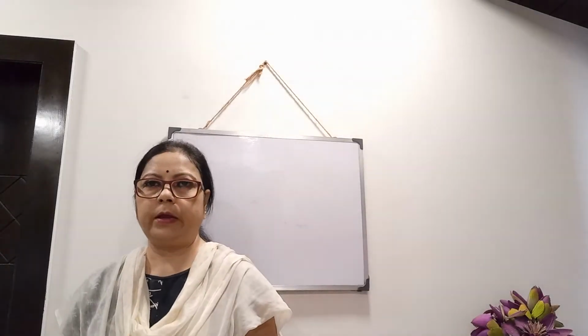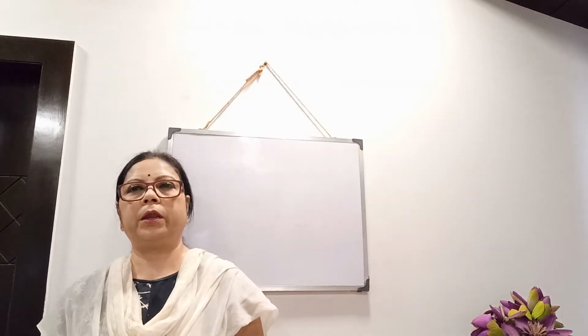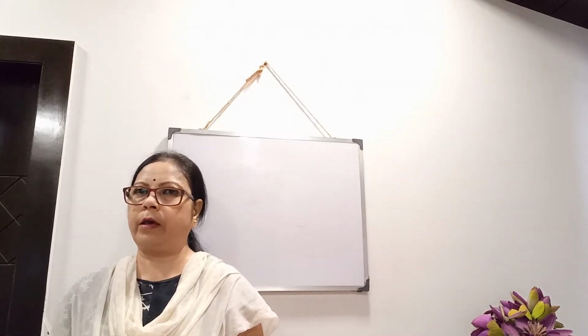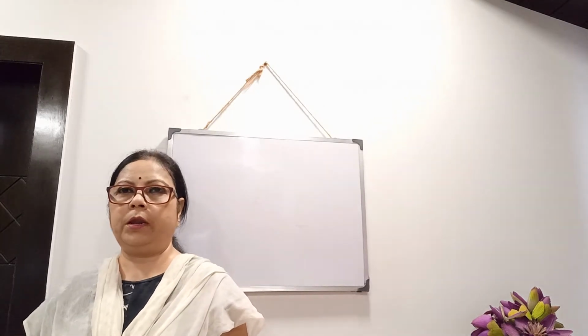Hello students of class 10, come back today with a new chapter of trigonometry, that is ratios of complementary angles. I hope in class 10 all of you know the meaning of complementary angle. When the sum of any two angles is equal to 90 degrees, then each angle is called the complement of the other angle. Clear? Example, 45 degree and 45 degree. If we add, 90 is coming, so 45 and 45 are complements of each other. Similarly 30 degree and 60 degree are complementary angles.